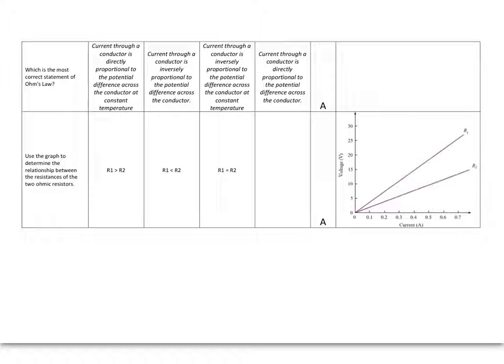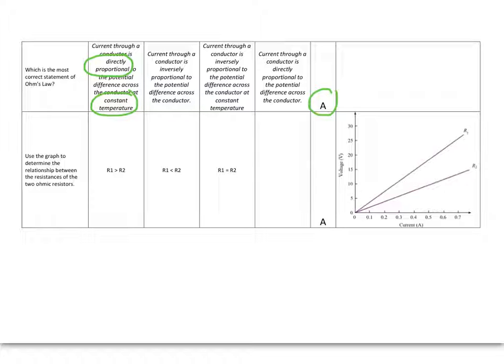Which is the best statement of Ohm's law? The first thing about Ohm's law that's key is the direct proportionality between potential difference and current strength, and you have to have a constant temperature. So the full thing reads: current through a conductor is directly proportional to potential difference across that same conductor at